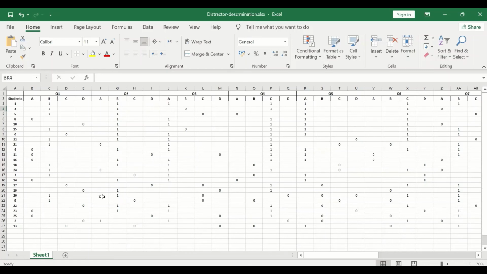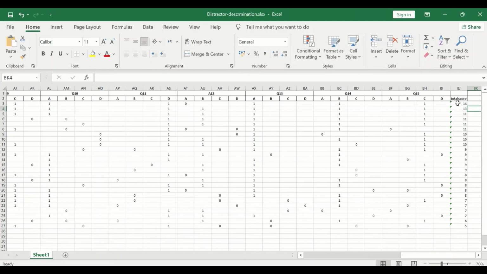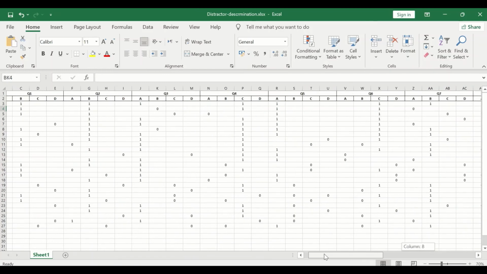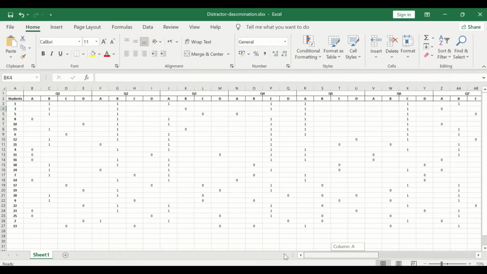So we're going to select the data for the top 7 scorers and the data for the lowest 7 scorers. The way to do that is to type here